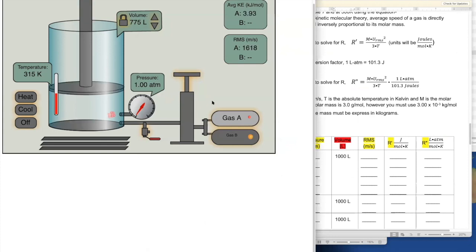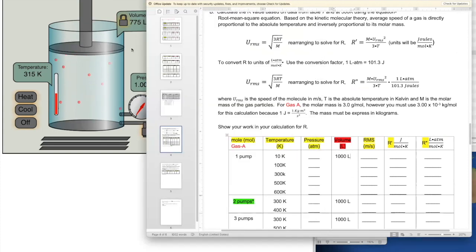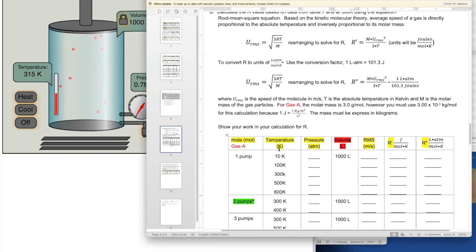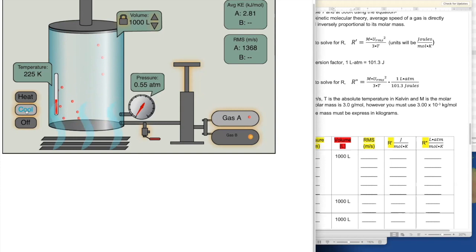We're going to do one pump. We're going to do 1000 liters. And then we're going to fix the volume. 1000 is the maximum, so we're going to fix that. And then we're going to set the temperature to 10. So we're going to cool this down. Okay, 10 is the lowest. Here's RMS for A. So you just want to write that down. Okay, RMS for A is